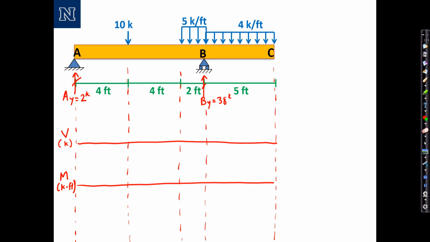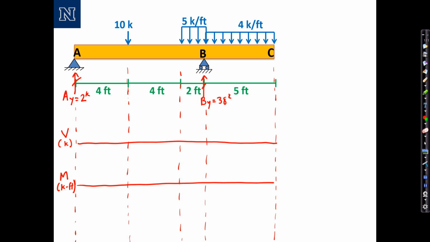In this series of videos, we're working examples solving for shear and bending moment diagrams in beams using the graphical method. In this example, we're looking at a simply supported beam with an overhang. We have a concentrated load and two different distributed loads on either side of the reaction at B. The lengths are given. We've also, to save some time, solved for the reactions, 2 kips at point A, 38